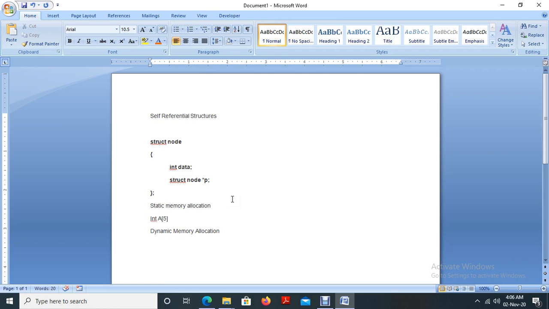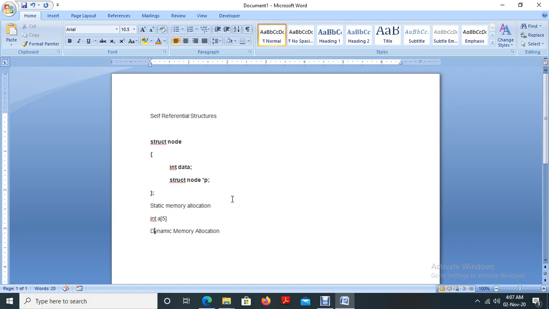I am declaring an integer array A of 5. A is the name of the array, and this A has 5 spaces. So A can accommodate only 5 integer values. If at the time of execution we need 5 more memory spaces, we can't perform that operation because it's limited, because it's static. We mentioned 5 at the time of declaring itself. That is static memory allocation.